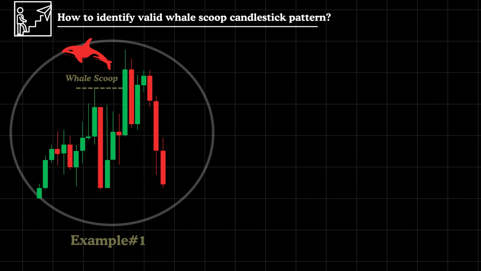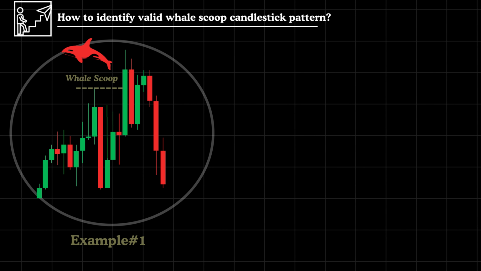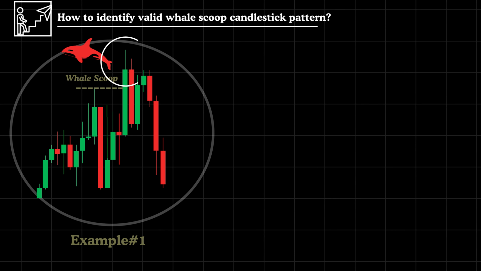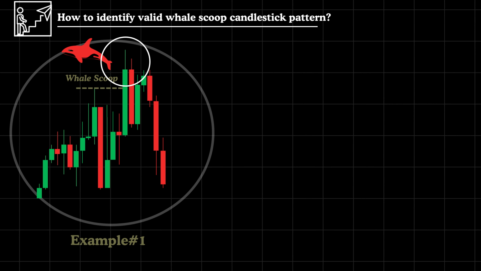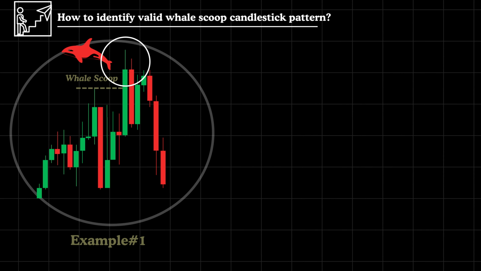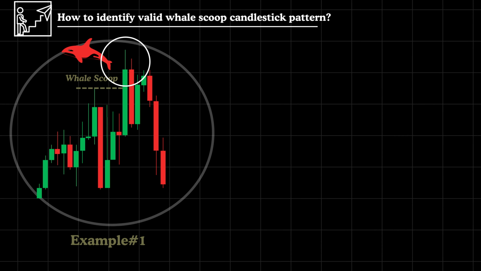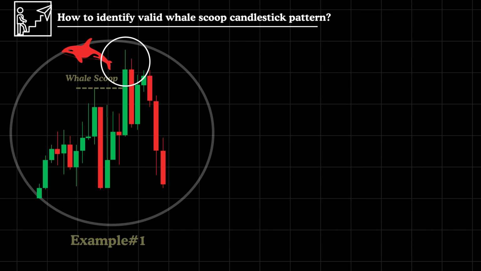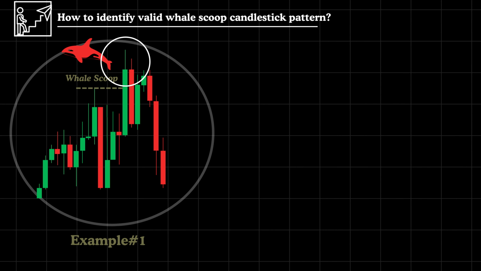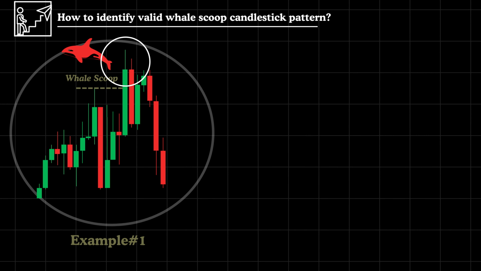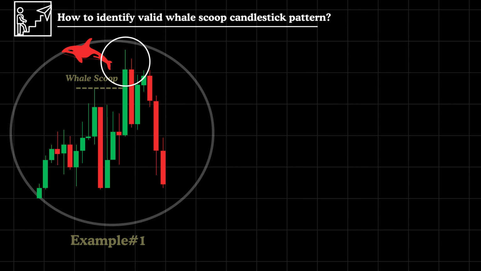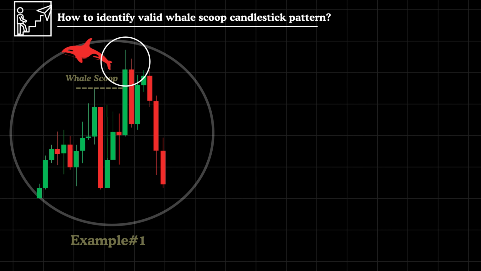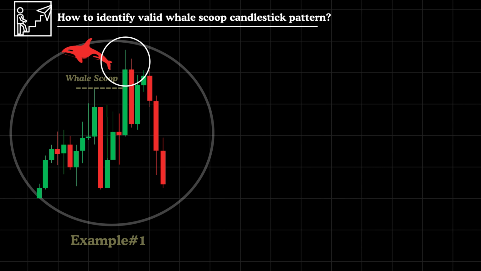Starting with example 1, we observe a classic whale scoop formation occurring across 2 consecutive candles. The initial candle kicks off the liquidity sweep by breaching the highest point of a significant swing high, closing decisively above that level with strong upward momentum. Immediately after, the next candle drops back into the key area's range, signaling a potential reversal. It's important to highlight that this is the only type of whale scoop that may indicate price manipulation, leading to